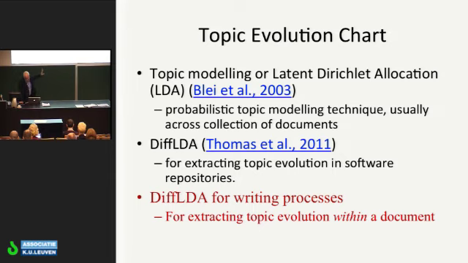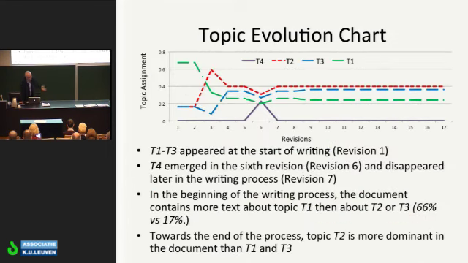Anyway, we build on substantial work there and extended it somewhat to account for the fact that we are doing text mining, topic mining, not across a number of static documents, like an archive of publications in the New York Times over the last 10 years. That's what would typically be done with these techniques. But we are mining for topics in revisions of one and the same document, which is different and necessitates a number of changes in the algorithm and the preprocessing in particular. Anyway, what you get out of this then is